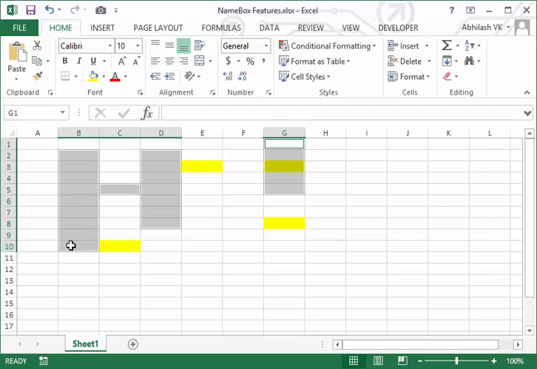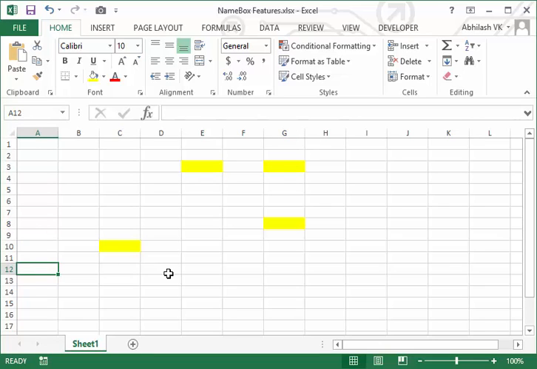You can mention the ranges, use a comma to divide between them, and hold the control button and hit enter. That's it.